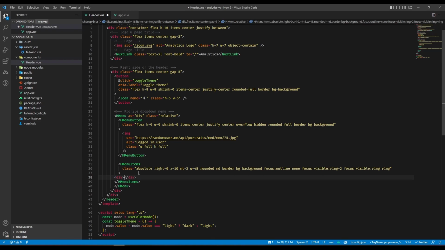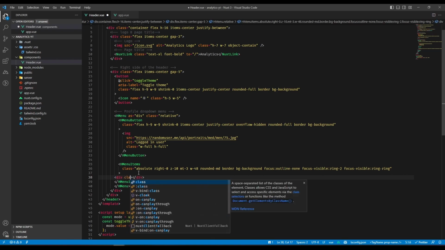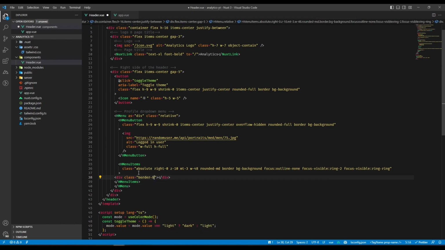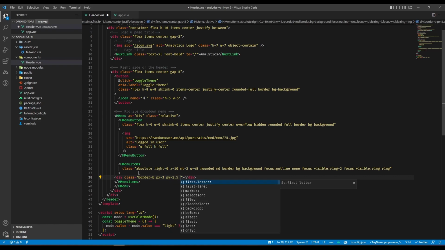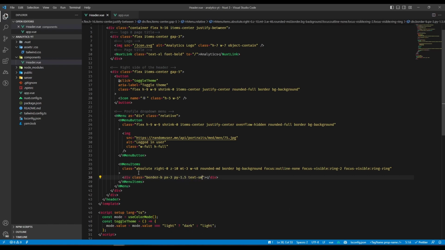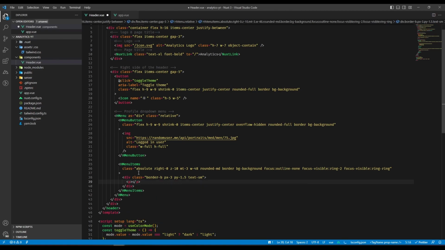So I'm just going to go ahead and create a div. Add a border bottom, add some pixels to the left and right, to the top and bottom, and make the text small. So let's save that. And the first thing that we want to add is a text that says, hello, John. This would be your logged in user's name. We want to make this semi-bold. And below that, we're going to add the email